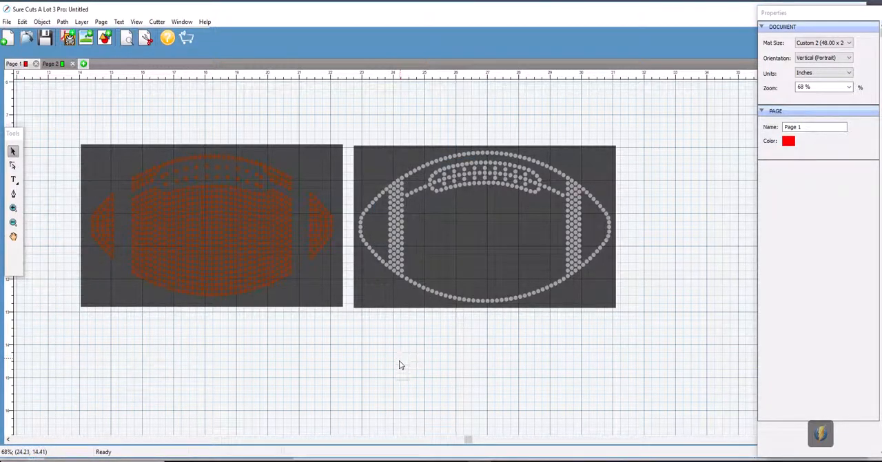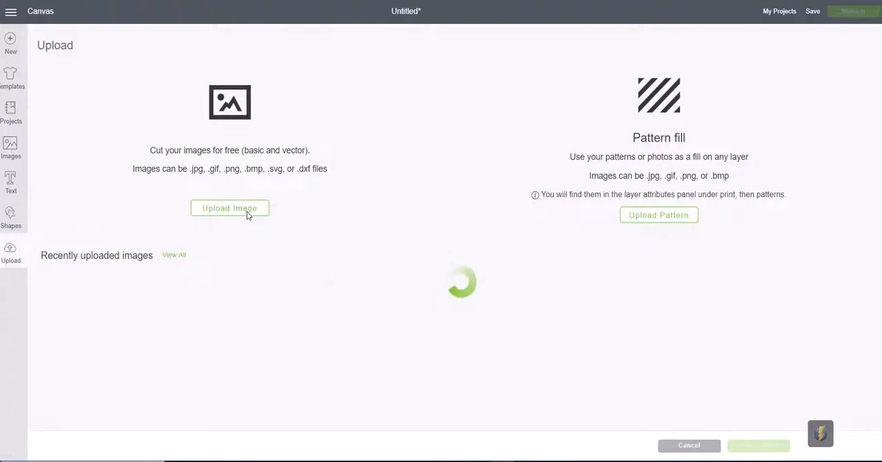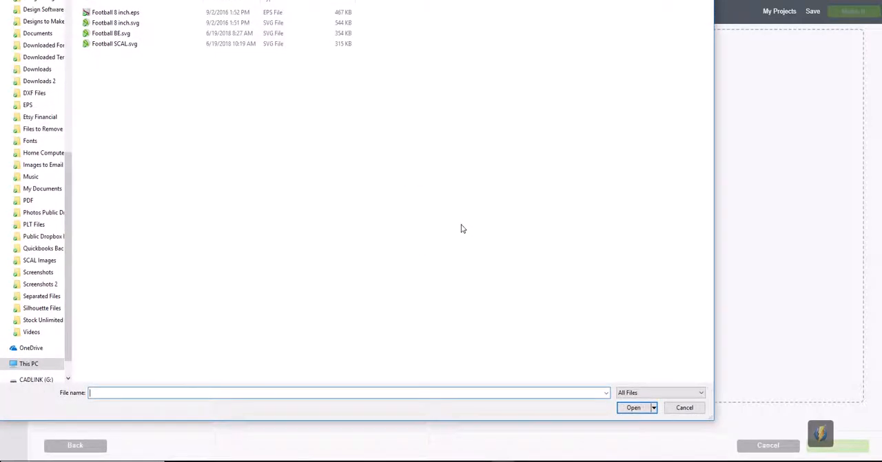So now we're going to open up our Design Space program. We're going to upload image. We're going to go to browse, and we're going to go into the football scale SVG. We do not want to upload the original one because that will have all the individual circles, so we want to click on the one that was labeled scale. Select open,